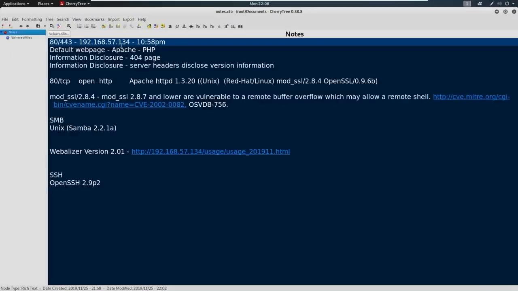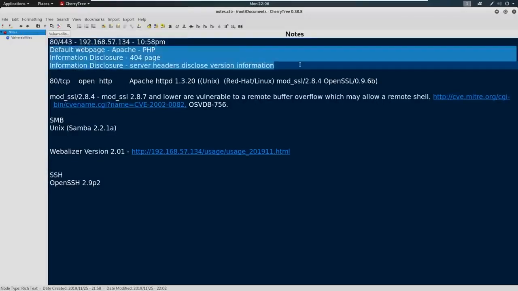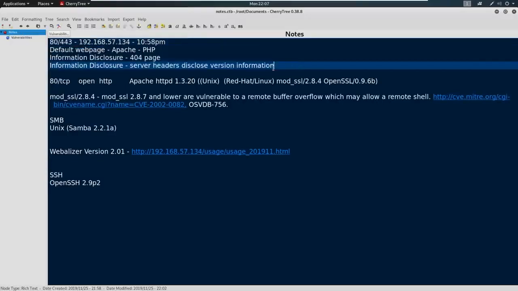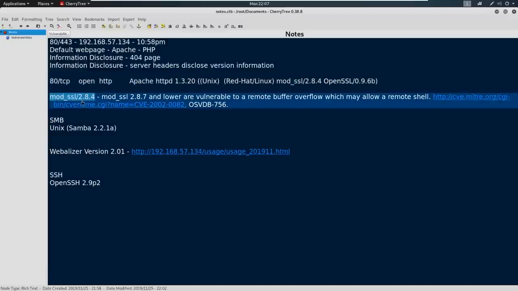So if we recall from our notes, we have 80 and 443, and we've identified some findings that we're going to write up on a pen test report. And those findings are a default web page, a 404 page giving a little bit of information disclosure, and the server headers were disclosing some information as well. On top of that, we've identified some information that we need for research. Now we've got 80 here, and on port 80 we've got this Apache, this mod_ssl, and this OpenSSL that we could research. And when we ran our Nikto scan, we identified something potentially juicy here,